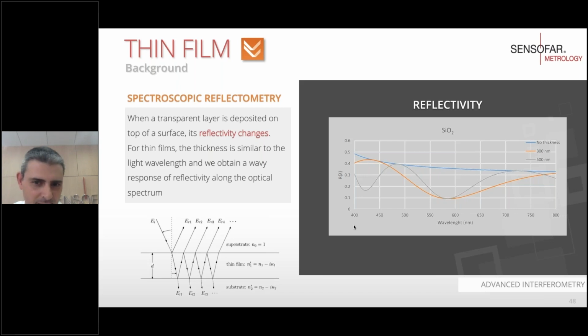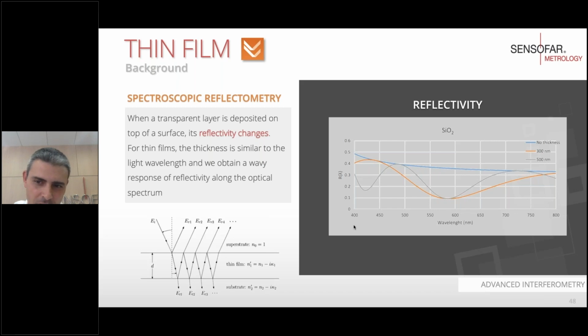You remember the previous equations in which constructive interference was happening every lambda over 2 and destructive every lambda over 4. So if we have 575 nanometers and lambda over 4, we have to look for the following minimum, and the wavelength difference divided by 4 will be this 300 nanometers